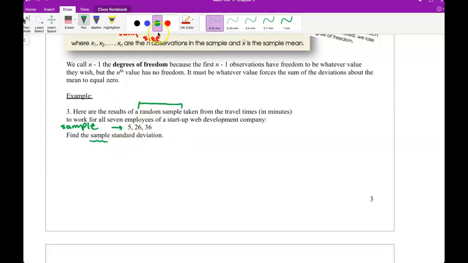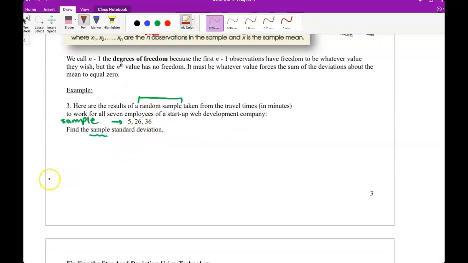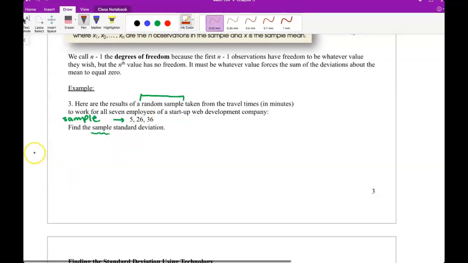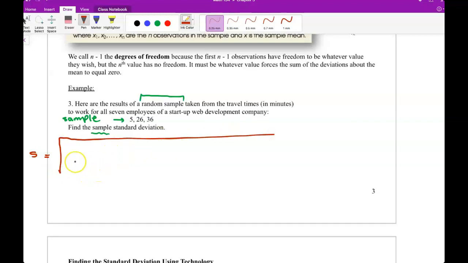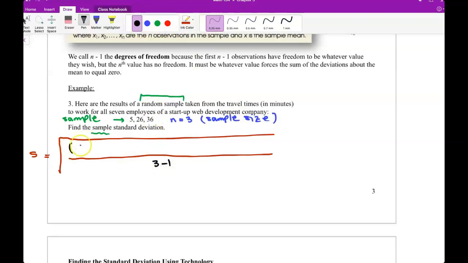Finding standard deviation. Now instead of sigma we have S. Sample standard deviation is equal to, here n is equal to 3. This is sample size. So divide by 3 minus 1. And our data values are 5, 26, and 36. So 5 minus